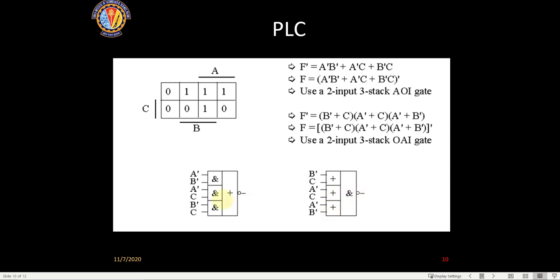Once you pick up these modules to program it, if a function needs to be implemented, this is how we implement it. The first function given here is implemented using AND OR. The second function is implemented by using OR AND. So this is just two ways of implementing things. Is it okay with all of you?